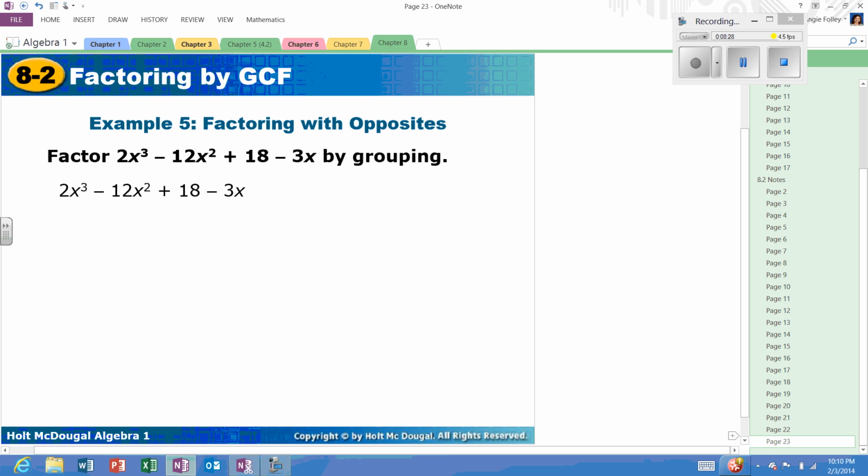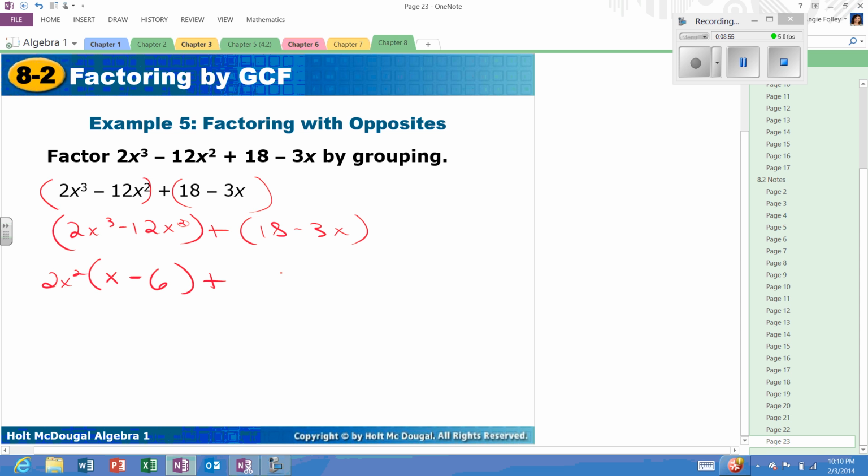Okay, so we're going to start by grouping. I'm going to keep doing it as the first 2 and the second 2. So out of the first 2, so 2x to the third minus 12x squared, make sure the sign stays there, plus 18 minus 3x. I'm going to pull out 2, and I can pull out x squared because that's the bigger of the 2. So inside I'm going to have an x minus 6 left, plus I'm going to pull out a 3 out of here, so I've got 6 minus x. Well, if you notice,